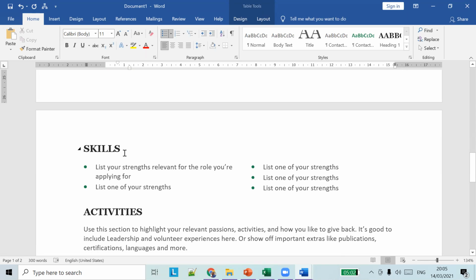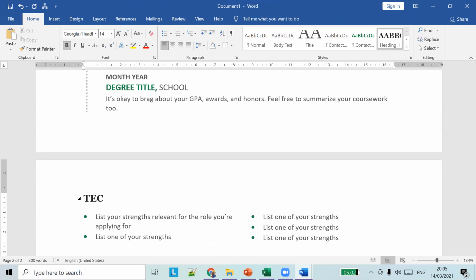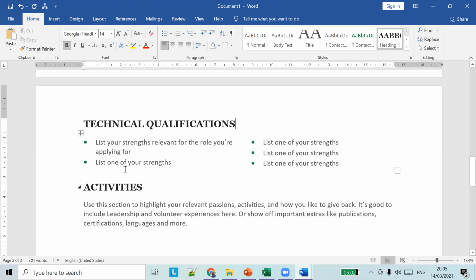The subheadings and subtitles differ based on the template you choose. If you want, you can change it to technical qualifications yourself.